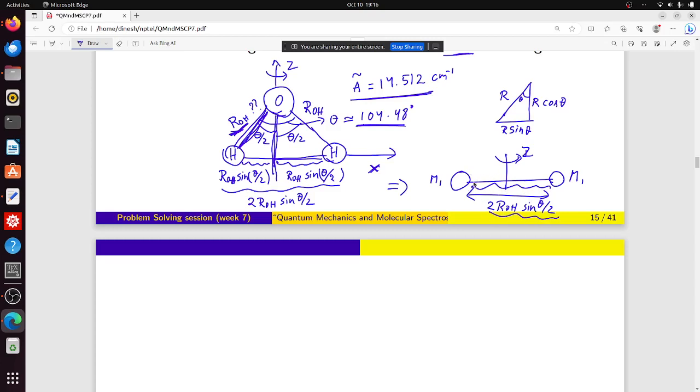Now it's effectively a diatomic system, and the effect of the oxygen atom won't be there because it's aligned with the z-axis, so it won't rotate, its position won't change by this rotation, but the position of the hydrogen atoms will change, right? So this triatomic molecule we can equivalently write as a diatomic molecule, where the bond length will be 2 ROH sin theta over 2. Okay,